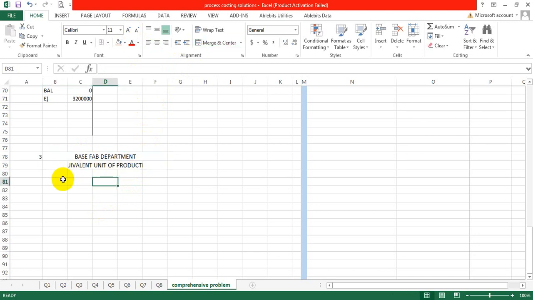Prepare first unit transfer out and ending work in process. Units transfer out,